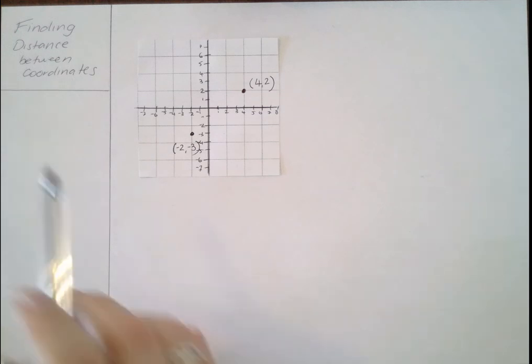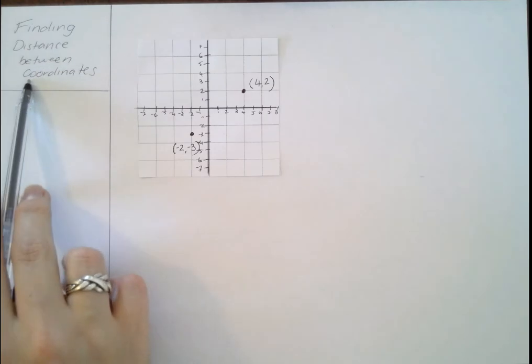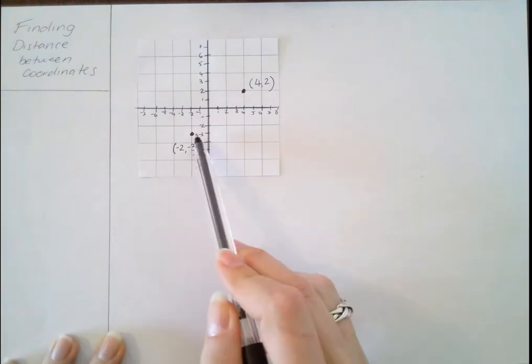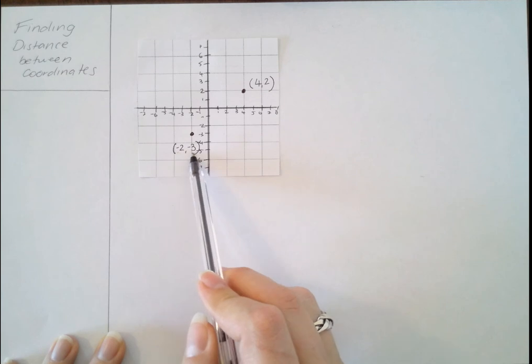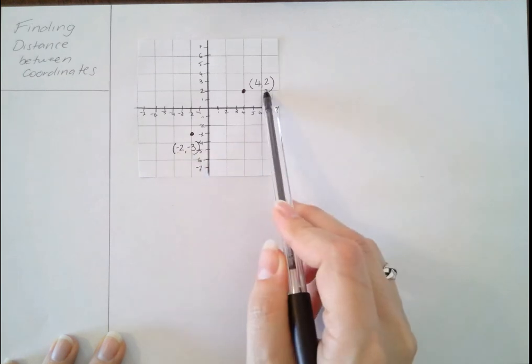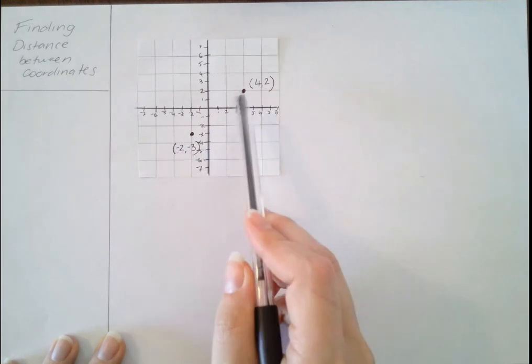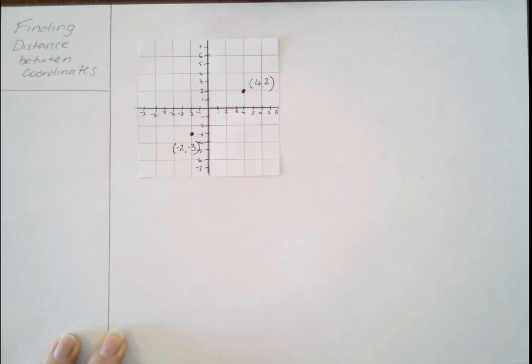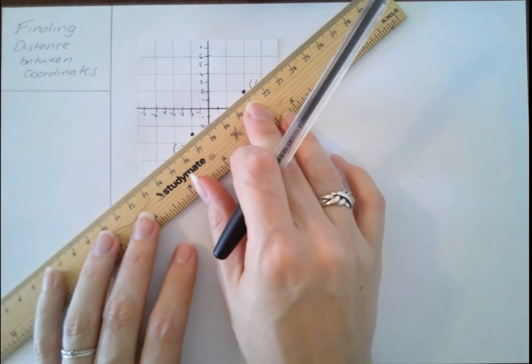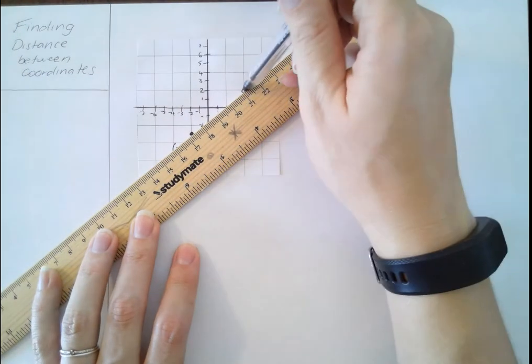In this lesson, we're going to be finding distances between coordinates. Now, in this Cartesian plane, I've got two already plotted, -2, -3, and 4, 2. So from left to right, this is our point 1 and this is our point 2. Now, in order to find distance between them, which is this length here, and we're going to talk in units,